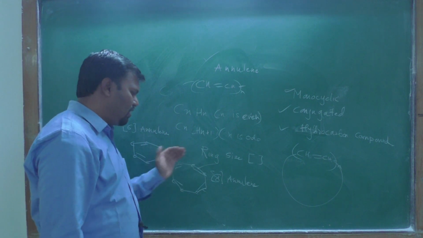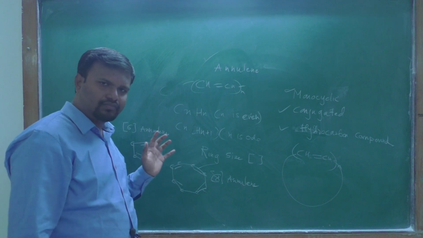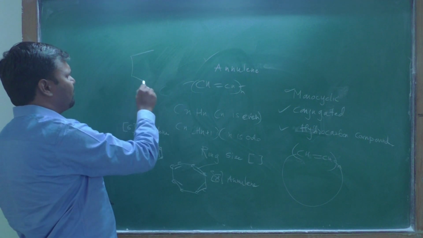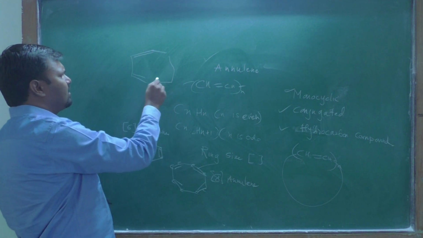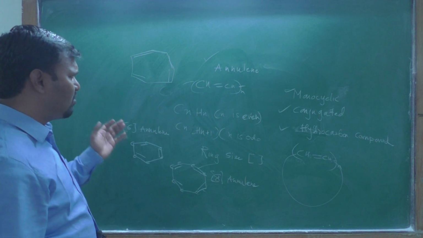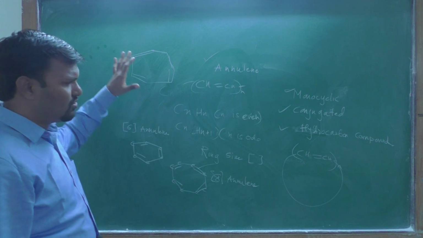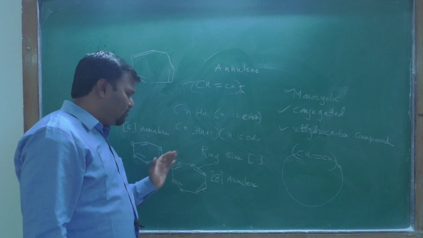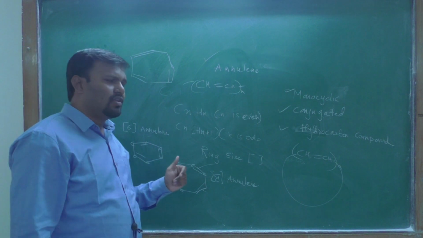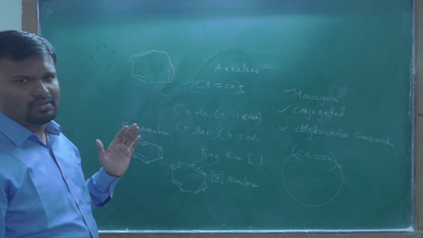Fully conjugated system means the total system has alternate double bonds throughout the ring, not missing any carbon. If suppose a condition is there where an alternate double bond is missing, or both bonds are single, then such a situation is not considered in this compound. Alternate and full conjugation is there. Okay, alternate double bond and single bond. Observe in annulene: monocyclic, conjugated, and a hydrocarbon compound.